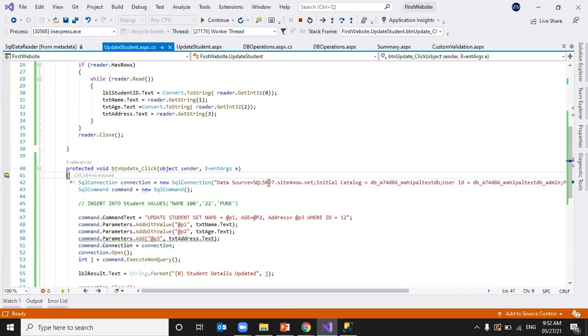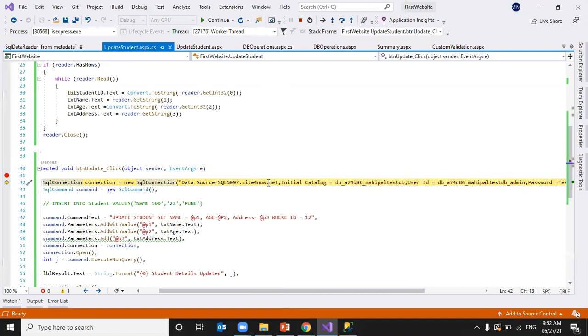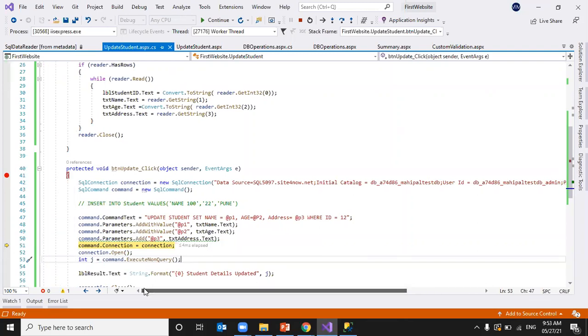So it got it. First the connection is prepared, the command object is declared, setting the command text, passing the required parameters. We can see here whatever values we entered. Harish I did not change, I changed age to 28, I changed the address to Amaravati. I can see that here. Then the command object is set, the connection is opened, and the query is executed.